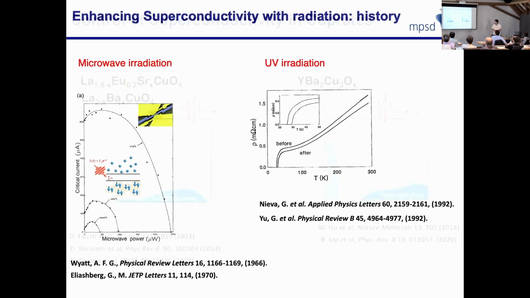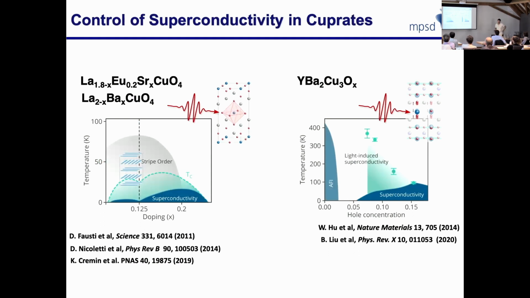So over the past decade or so, and I won't talk about this, but Stefan has discussed some of it, we have shown, for example, that you can use light to try to remove stripe order in certain single layer cuprates. This was the first experiment, done together with Hide, who's in the audience. And then there's a number of other experiments in these materials. These, by the way, have been confirmed by the San Diego group, who has shown that if you take LBCO and irradiate it in the same way, you can resurrect interlayer Josephson tunneling, interlayer superconducting coupling,